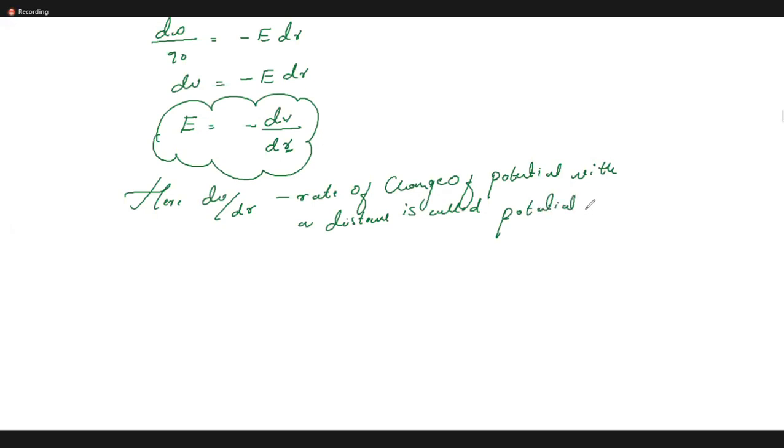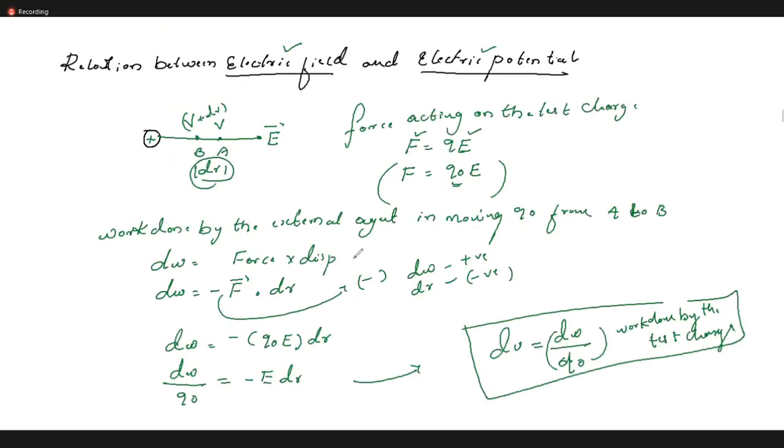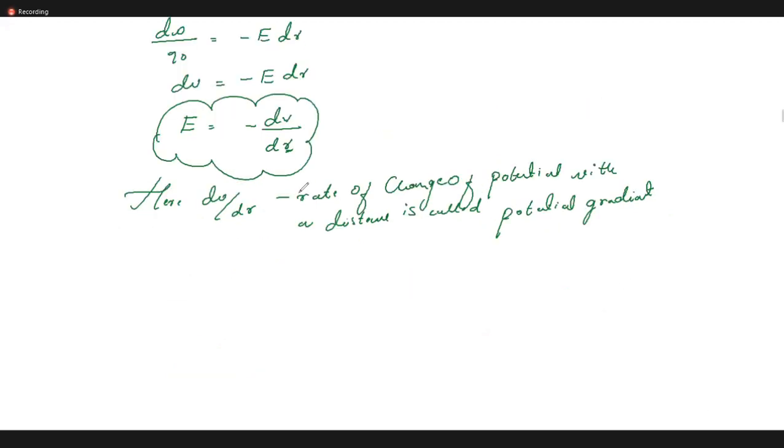Have you taken anything here as radius? We have taken nothing about some sphere or something. No, ma'am, I'm telling like I have taken one charge. I'm moving it in the electric field through a certain distance. So I'm telling distance. You are telling radius. Okay. So the rate of change of potential with the distance, let me say it as the potential gradient, dr.